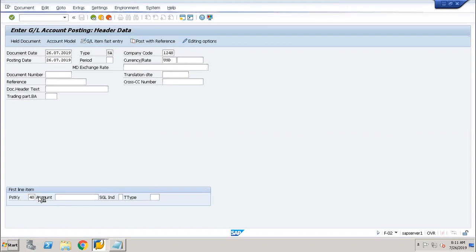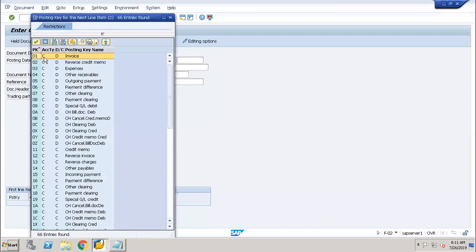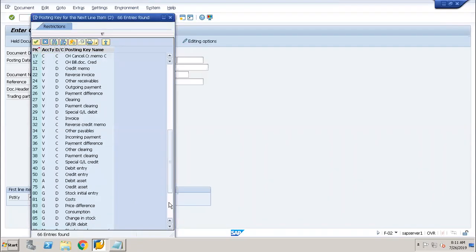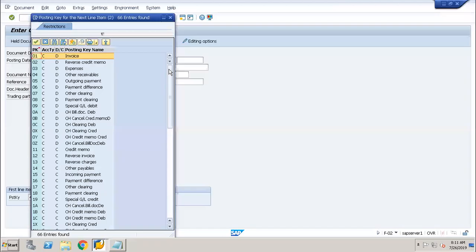You will find multiple posting keys. These are all the standard ones. Of course, you have an option to create your own if you want. If you see here 1Y, 1Z, these are all created ones. 1A, 1B, 1C, 0C, 0X, again, these are all created ones. Now, the one we are discussing